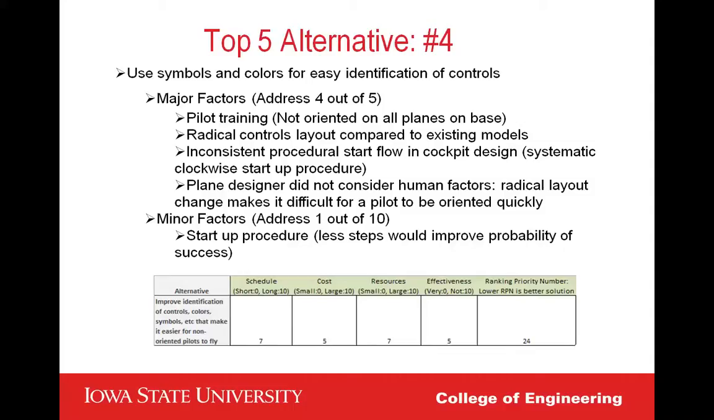A fourth top alternative is the use of symbols and colors for easy identification of the main controls. With this alternative, we address 4 out of 5 major factors and 1 minor factor. The use of colors and symbols will help pilots to easily identify main controls, reducing the effect of factors such as pilot not being oriented, radical layout controls change, the systematic startup procedure, and the fact that the designer didn't consider pilot needs